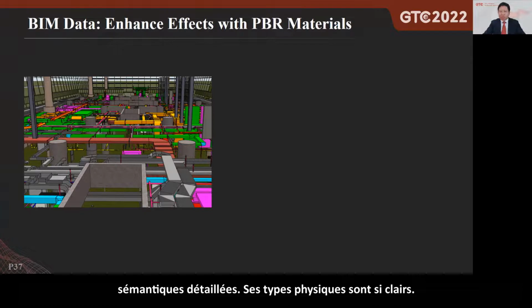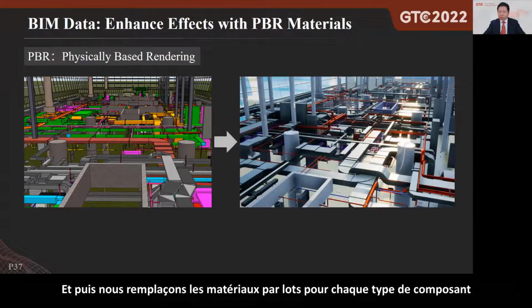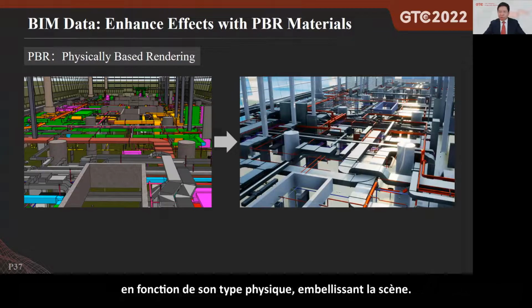Its physical types are so clear. Therefore, we think their materials express physical types like metal, glass, stone, and the like. And then we replace materials in batches for each type of components according to its physical type,